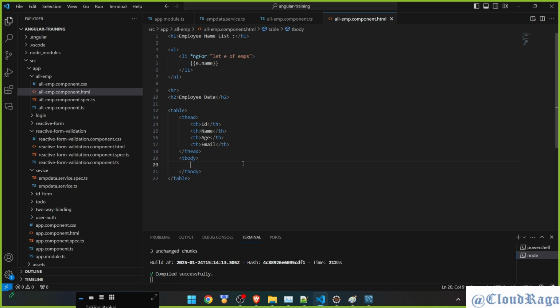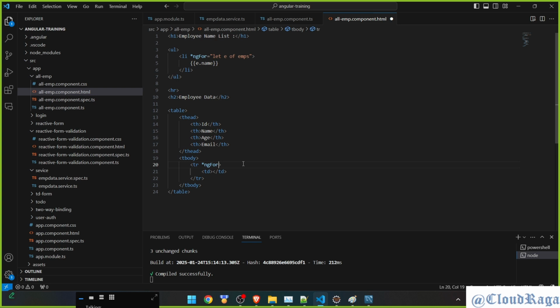So we are going to use that loop again. How to do that? We have one tag, tr, table row, and here we have to add certain data. td is for table data. And how many rows are we expecting? Four rows, right? So I'll create them four times. Or let's create one and then I'll copy paste, that'll be easy for me. So here I have to run that loop. It goes asterisk